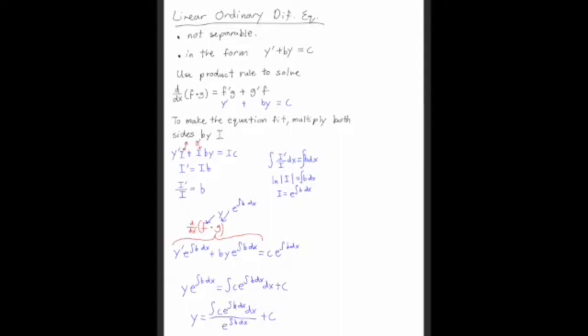solve any equation. So for example, we have this one over here. So you divide everything by x to get y prime plus y over x is equal to 2. So we have this formula we got from the other page. So we know that c is equal to 2, b is equal to 1 over x. So now we just put everything into this equation, and it simplifies down to y is equal to x plus